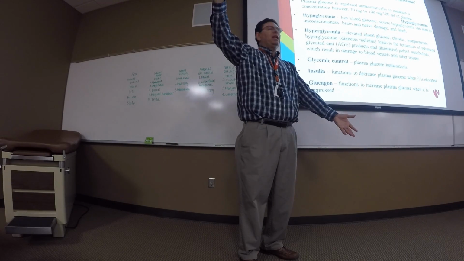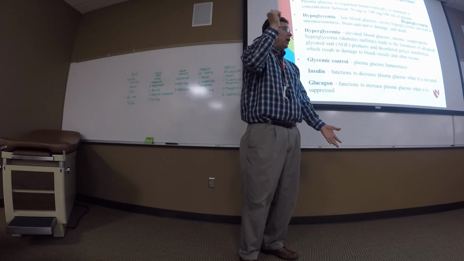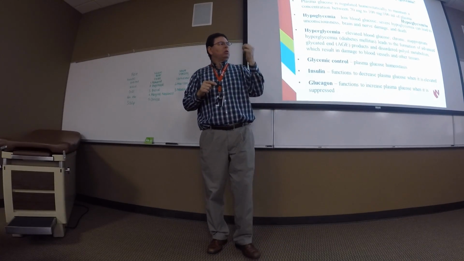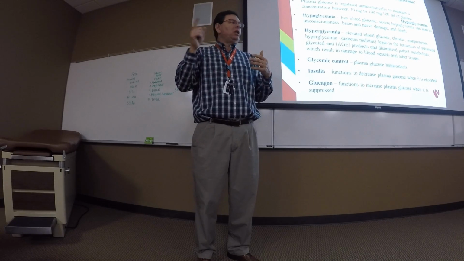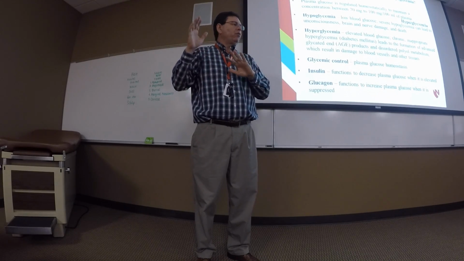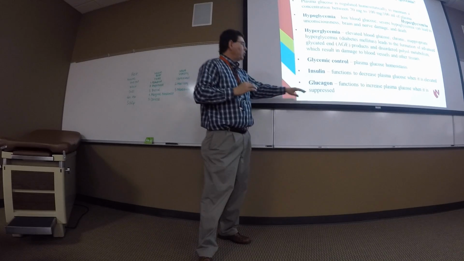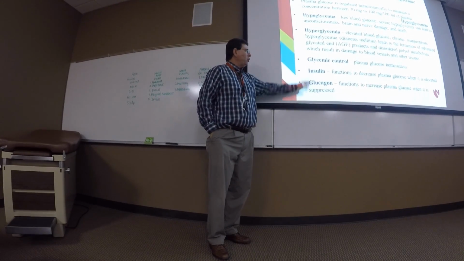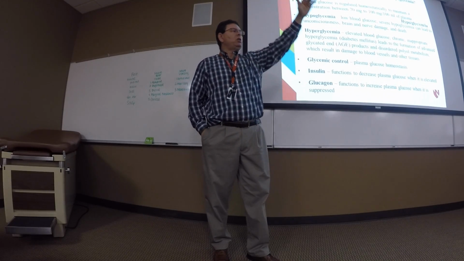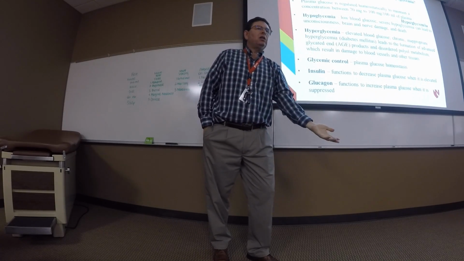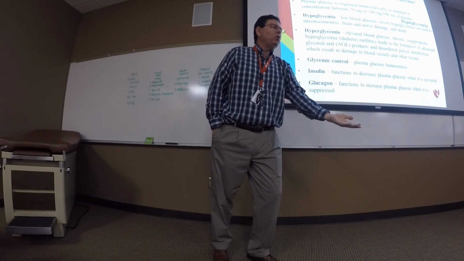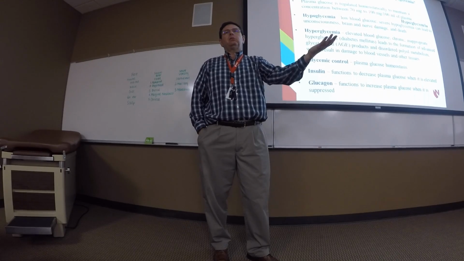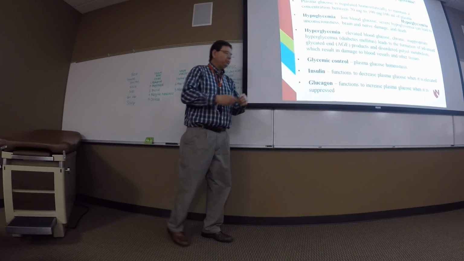And oh, by the way, that's called glycogenolysis. And oh, by the way, make new glucose, and that's gluconeogenesis. And the liver will release that glucose into the bloodstream, restoring glucose back to normal. So insulin will take an elevated glucose and get it back down to normal. Glucagon will take plasma glucose that was too low and get it back up to normal. Okay?